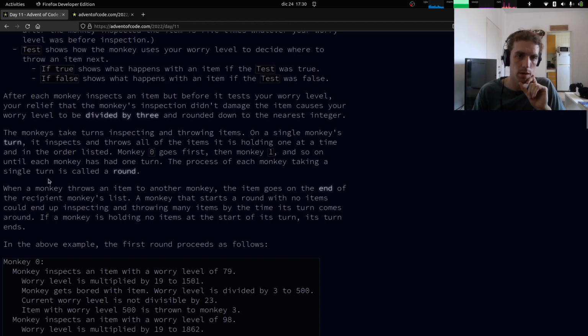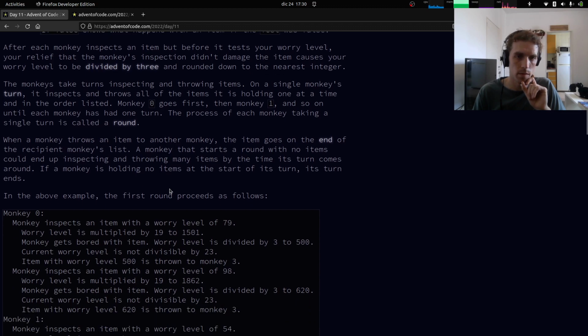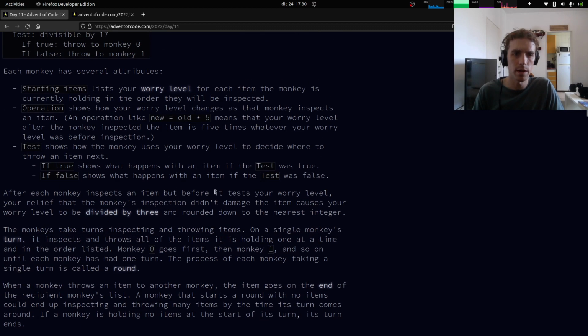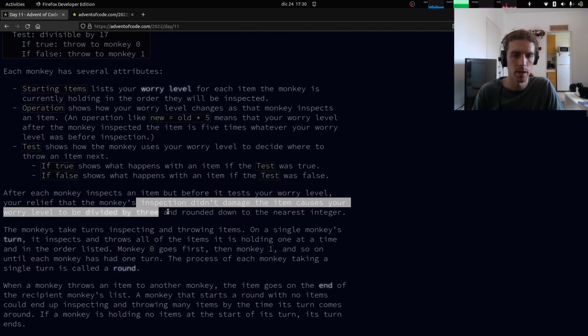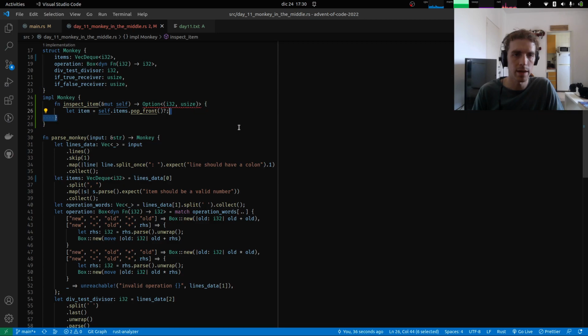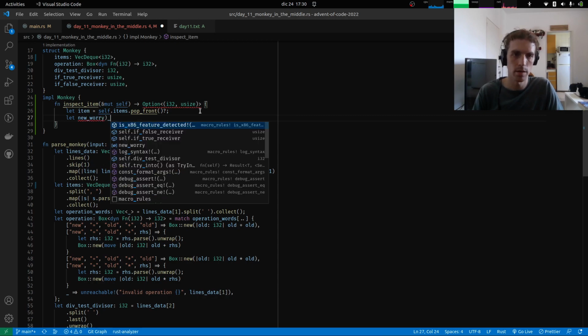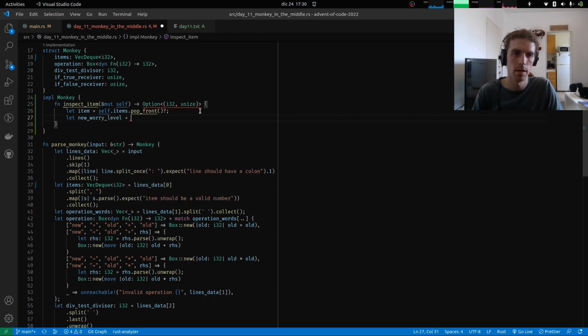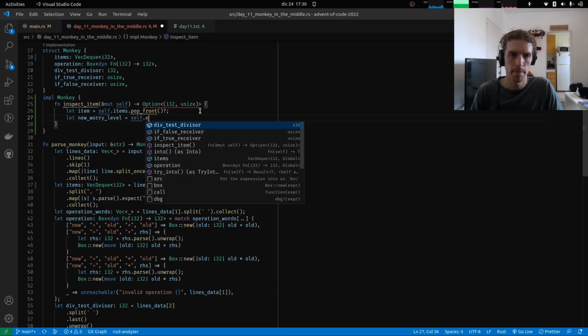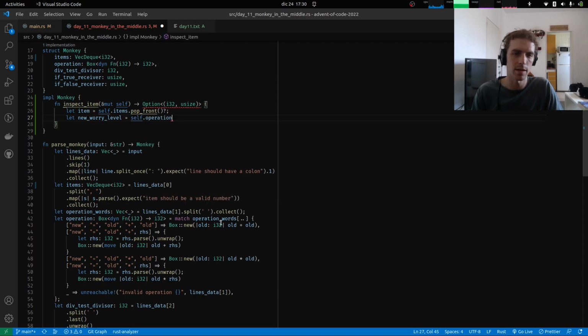Then, okay, so if I remember correctly, we have to do something like, well, this would be the new worry level. We will have the operation that we have already parsed, and it's this thing that I don't want to look at because it's kind of horrible, but this is a